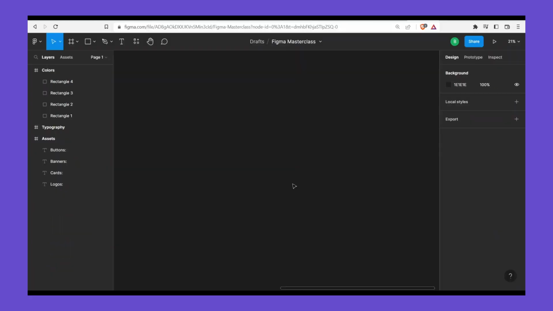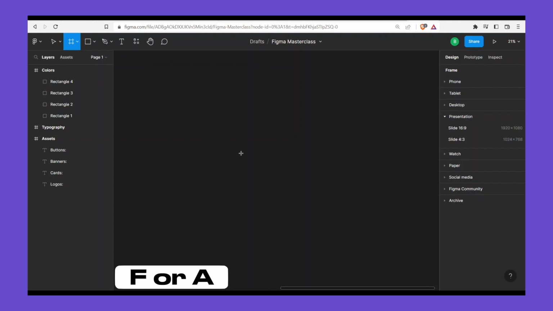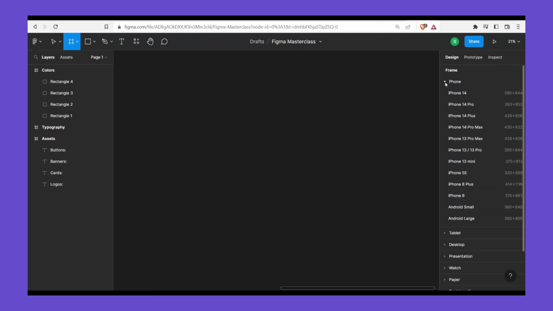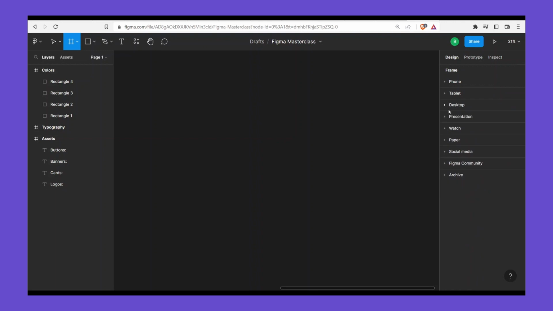Okay, we're going to begin designing the Shopify website page by picking a frame for our design. And how we're going to do that is to go up here, clicking once and selecting frame, and the shortcut for this is F on your keyboard. It brings up this panel, and then I can pick whatever frame I want, for phone, for tablet, or whatever. So for this, I want to pick a presentation frame,